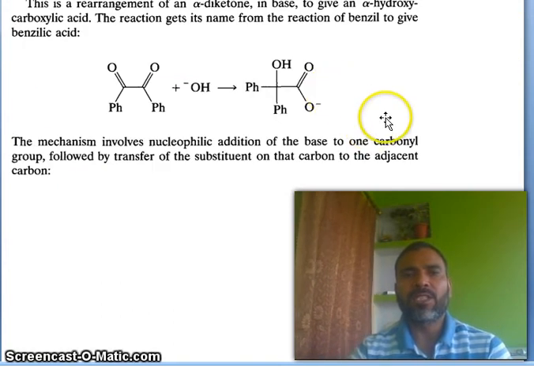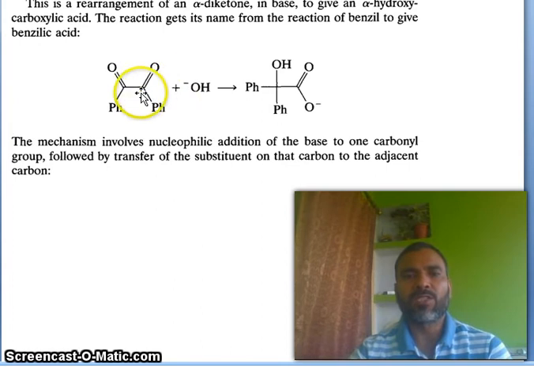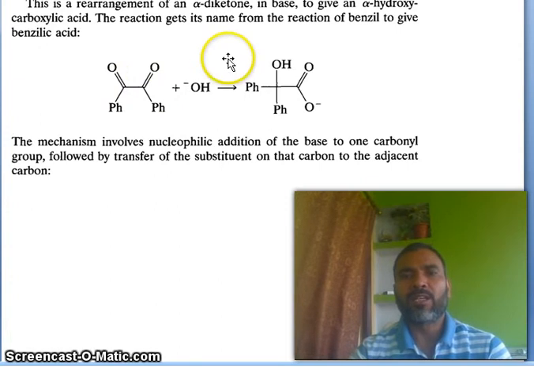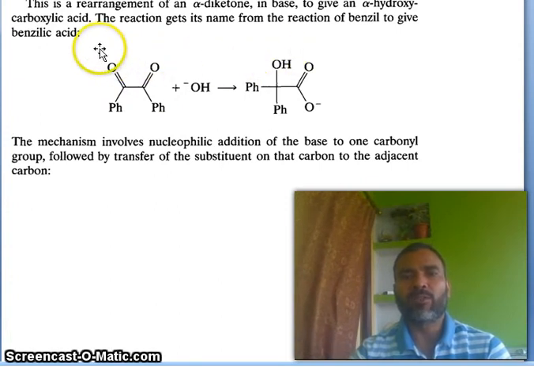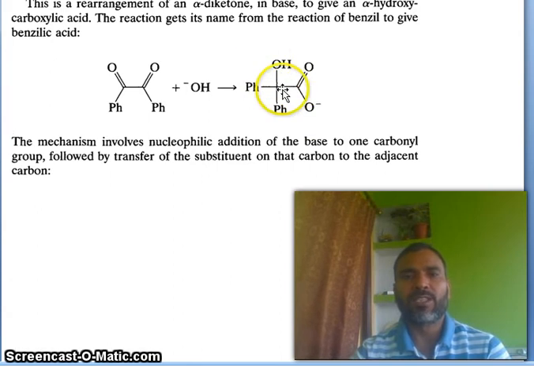This is a rearrangement of an alpha diketone. You see, this is a diketone. One CO is here, another CO is here, side by side CO groups, a diketone. Alpha diketone in base gives an alpha hydroxy carboxylic acid. You see, this is the carboxylic acid, this is the alpha position, and this is hydroxy: alpha hydroxy carboxylic acid. So conversion from diketone to alpha hydroxy carboxylic acid is known as